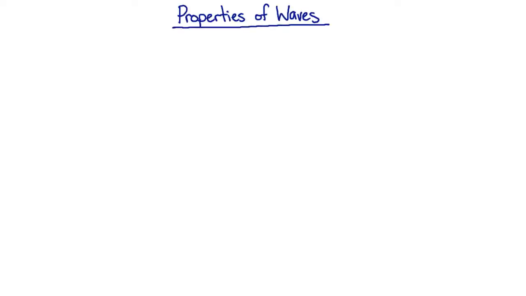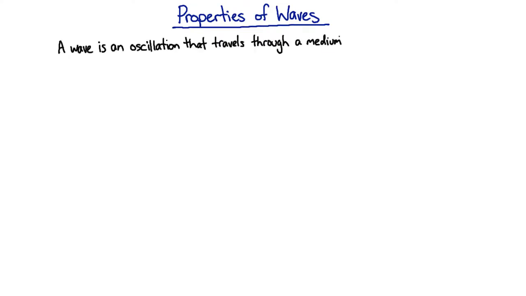And Edie showed us lots of properties of waves, all the basic features. So let's summarize those and then go into some more detail. So a wave is just an oscillation that travels through a medium. And if that medium is made of matter, for example, air or a rock or a guitar string, then we call that a mechanical wave. And most things that we've talked about thus far have been mechanical waves: the movement of a slinky, sound in air, the movement of the earth in an earthquake, the movement of a guitar string. Those are all mechanical waves.